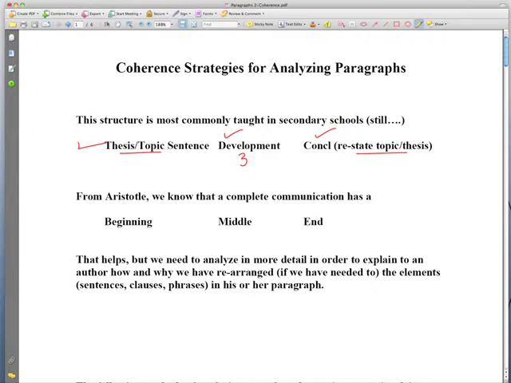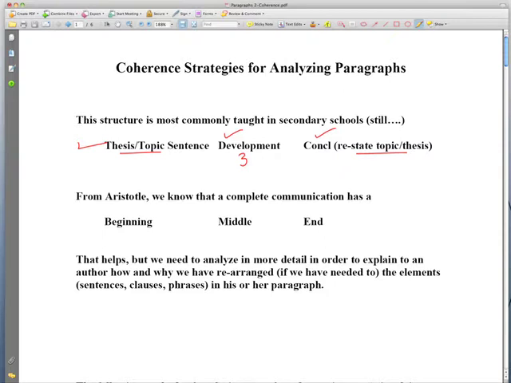I recall myself having to have such first paragraphs approved, and I'd go back to my desk and look at it and say, why do I have to write any more? This thing is like an outline of the whole paper. And that comes from the fact that the whole thesis, topic sentence, development, conclusion approach is actually almost 200 years old. It goes back to the first quarter of the 19th century, the 1820s, when a rhetorician named Alexander Bain,